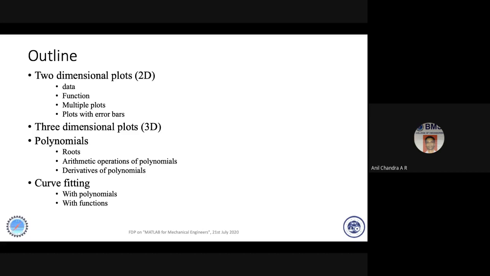We will subsequently look at what polynomials are, how they are fit, how to calculate roots of a polynomial, how to do arithmetic operations, and basic simple derivations. Curve fitting will be taken up last with some examples. I will try to present as much as possible with simple examples and parallel programming.